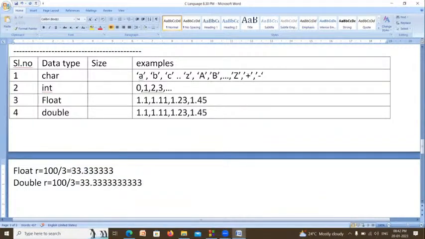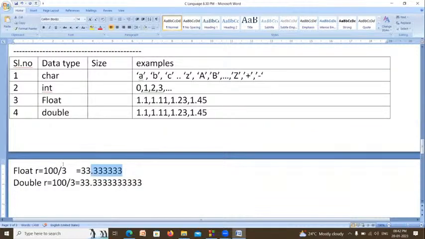Both are floating point numbers. Here also a point is there, and there also a point is there. What is the difference between these two? Double has 4 extra precisions, so totally it has 10 precisions, and float has only 6.